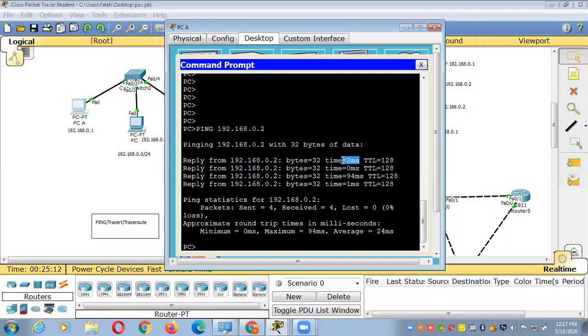If you don't want to increase the bandwidth, you have to make a policy on the firewall, or block all those things which consume more bandwidth. Hope you understand. Ping is also a component of troubleshooting. With the help of ping, you can check the delay here.